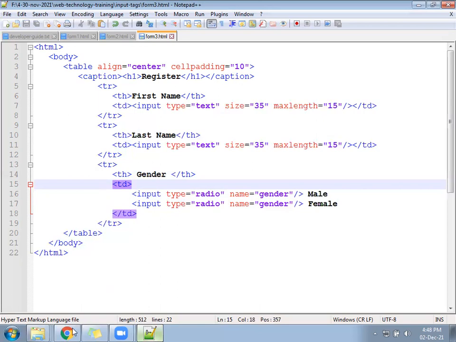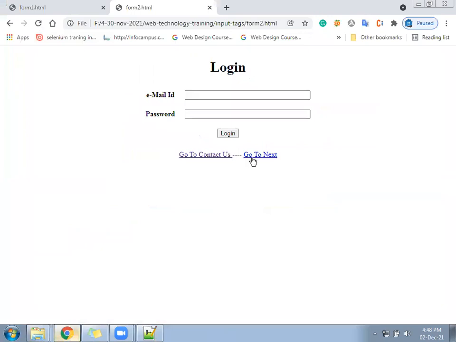Okay, are you able to select both or anyone? It will not allow you to select both. You can select anyone, either male or female.